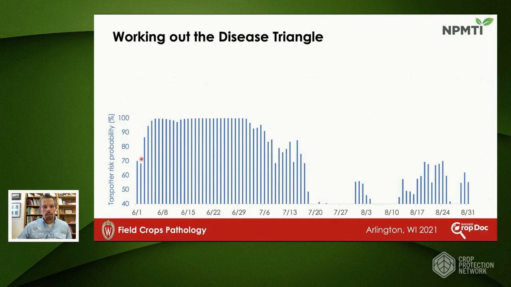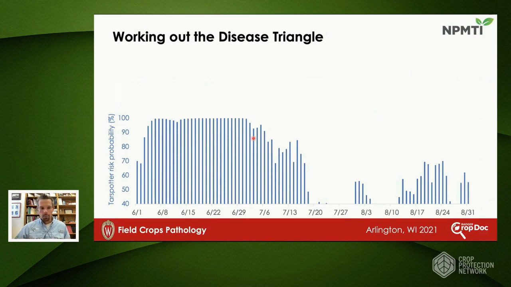Anything above 40% is high. So anytime you see a blue bar, that means the risk for that particular day was calculated to be high. And how you interpret this is it's similar to a weather forecast. So today might be a 70% chance of rain, if you will, or 100% chance of tar spot development. That's how you look at this. And how you prep for that is, if it was a 70% chance of rain for today, you'd bring your umbrella with you. We're doing the same thing here. If we're at 40 to 100% chance of tar spot, we're probably going to be making some decisions on intervening,